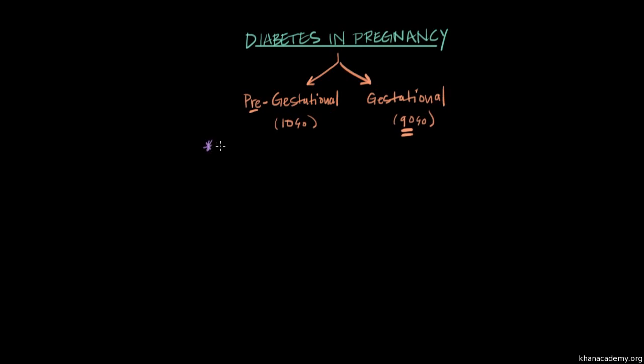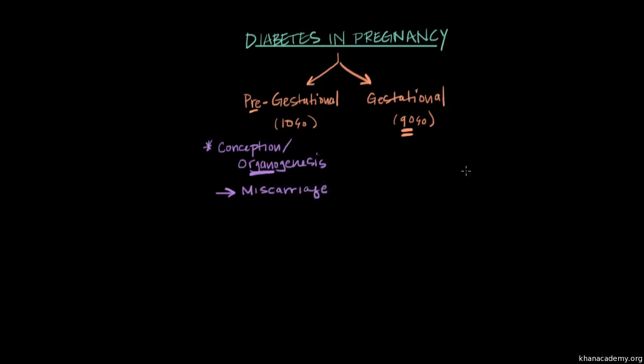Well, if a woman has pre-gestational diabetes, that means that her blood sugars may have been poorly controlled at the time that the baby was conceived, or even during the first 8 weeks of the pregnancy, during a period called organogenesis, when the fetus's organs are made. And those high levels of glucose during that really pivotal time can lead to a miscarriage, or it can lead to significant anomalies within the fetus.